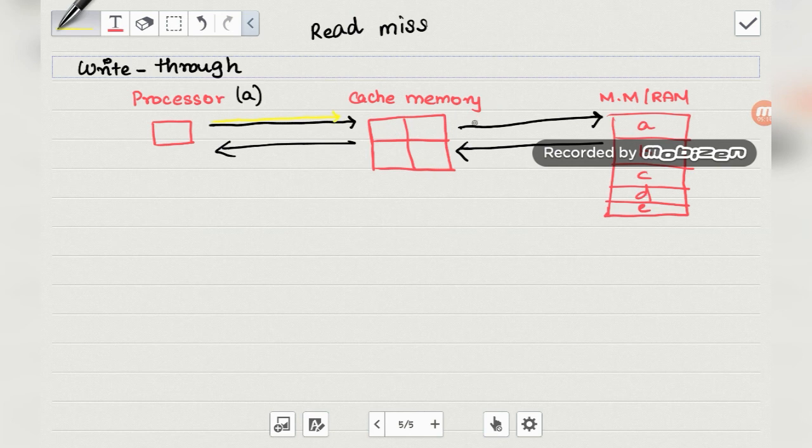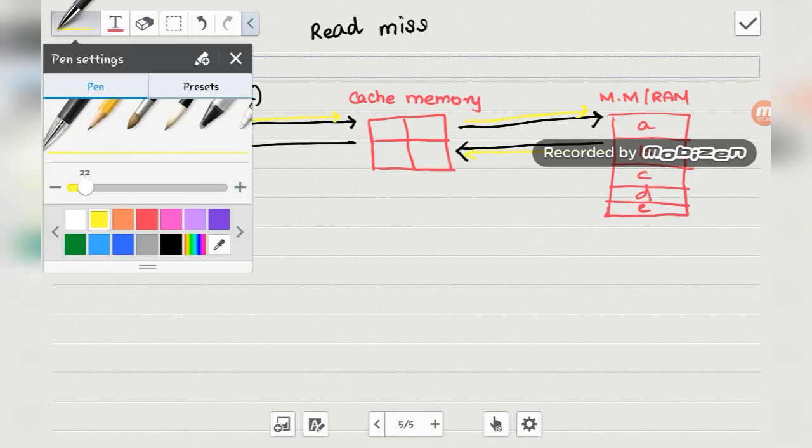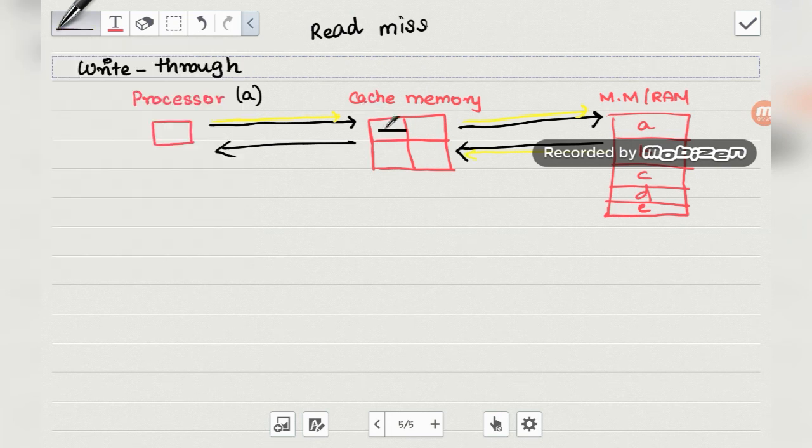It is not there, so again we'll go to the RAM, and here there is A. This RAM will send that value A to the cache memory, and from here again it will go to the processor. Done. Now the processor will do the processing, and then it will write the value as 20. Let's say the A value is written as 20.